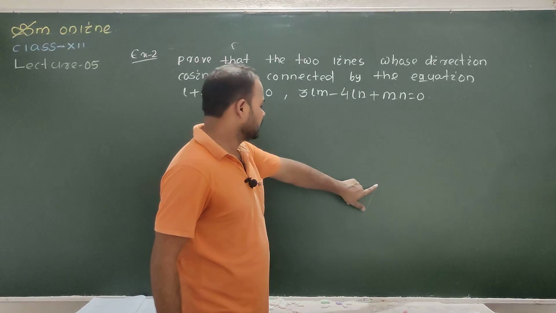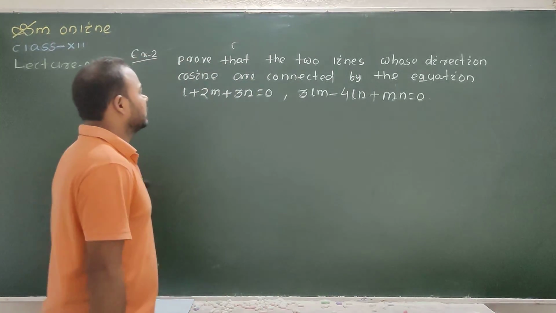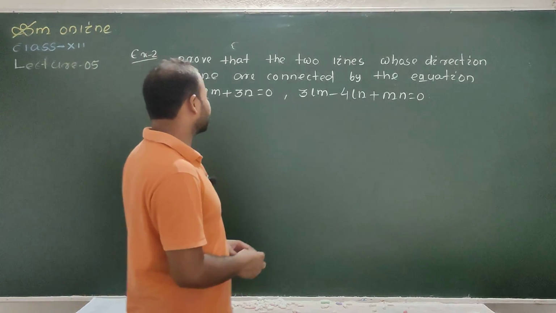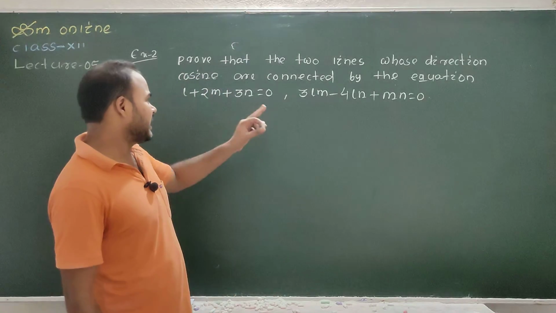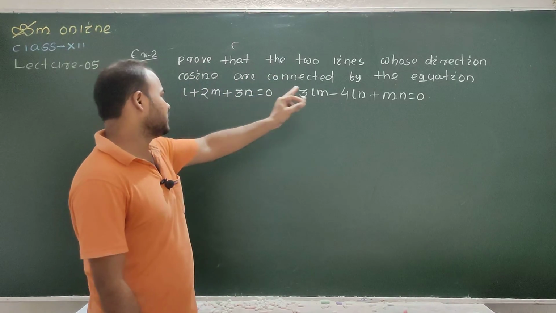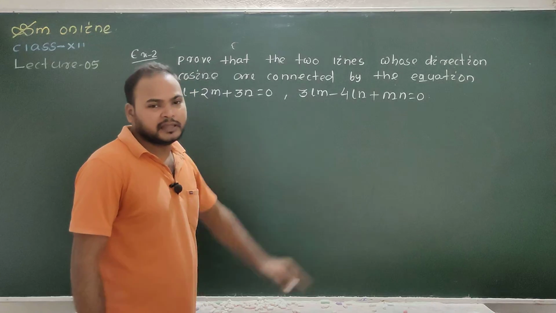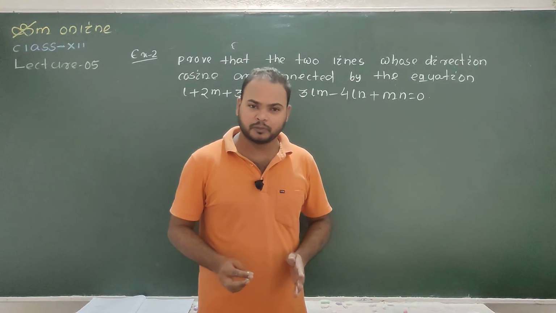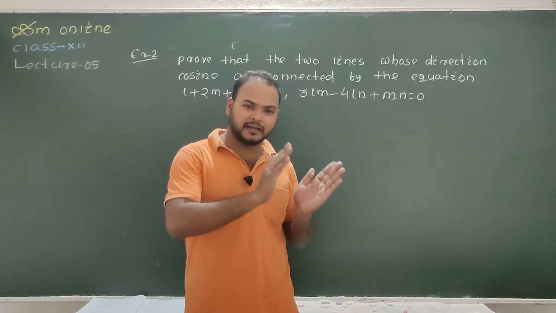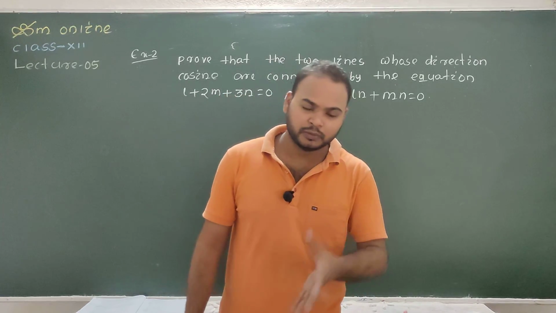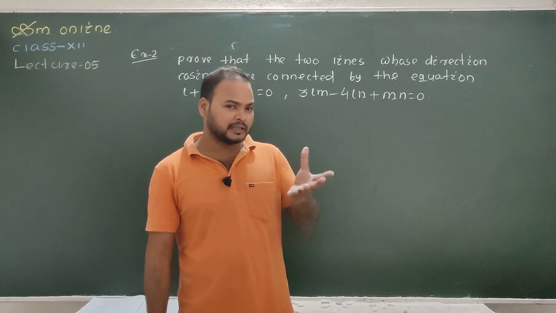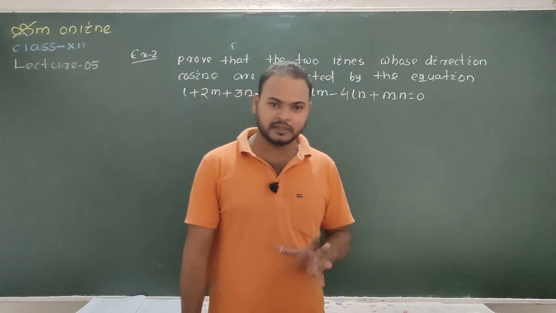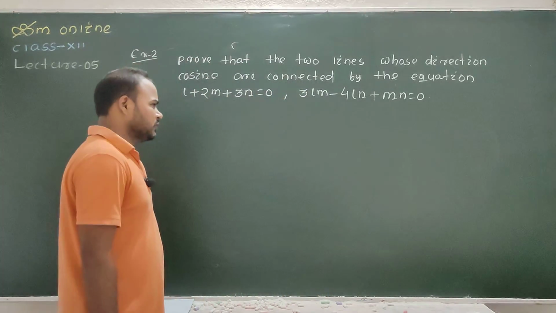Okay, we have to prove that the two lines whose DCs are connected by the equation, this is the first equation, this is the second equation, are what? Perpendicular. Clear? Now first we have